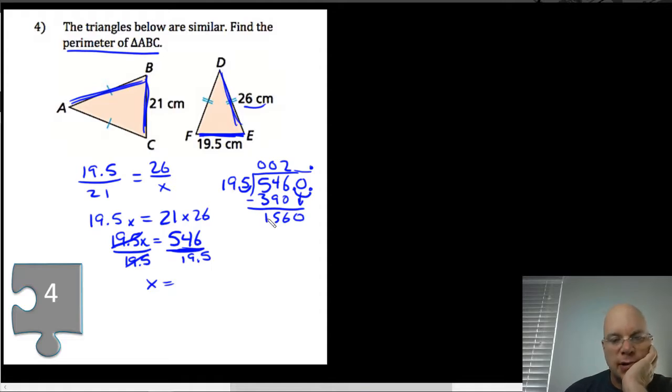This is close to 200. This is close to 1600. 8 200s would be 1600. Minus 5 eighths, which is 40. 1600 minus 40 is 1560, so this is exactly an 8. 8 195s is 1560 exactly. So we have no remainder, so this side length is 28, and it's always good to put the dimension on